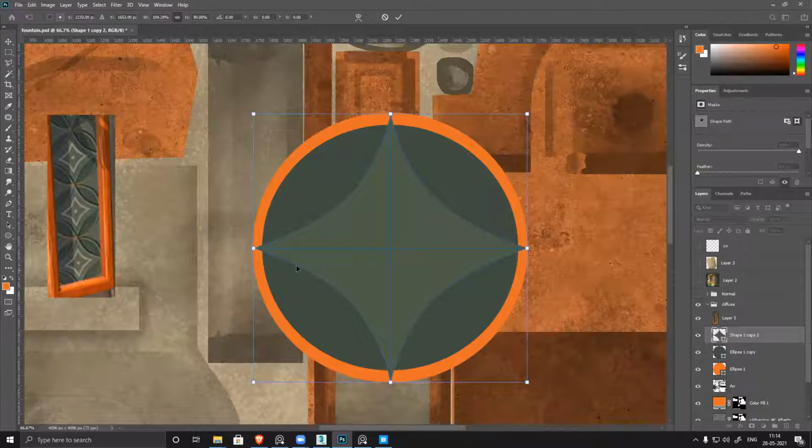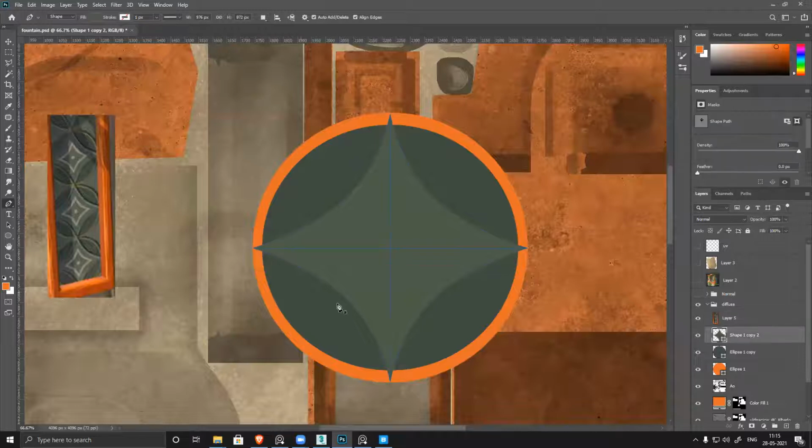So fit within the circle perfectly. And if you're using a new version of Photoshop, it will automatically snap. Okay, this basic rectangular shape is ready, and it's overlapping that circle also. And there is a border.